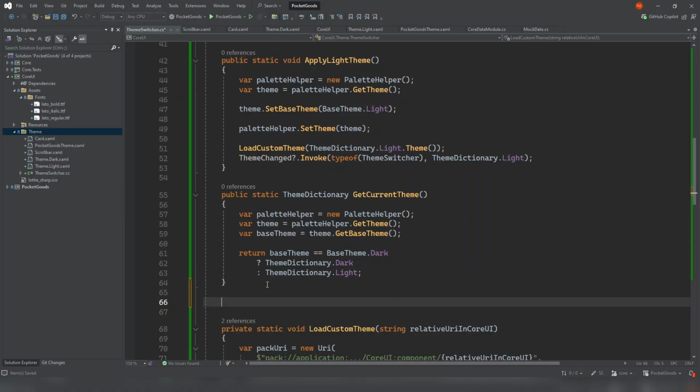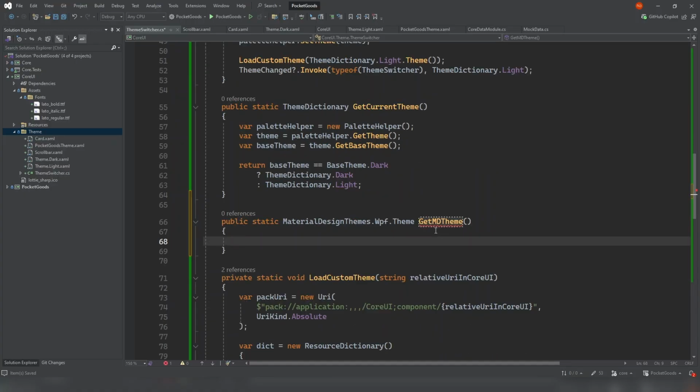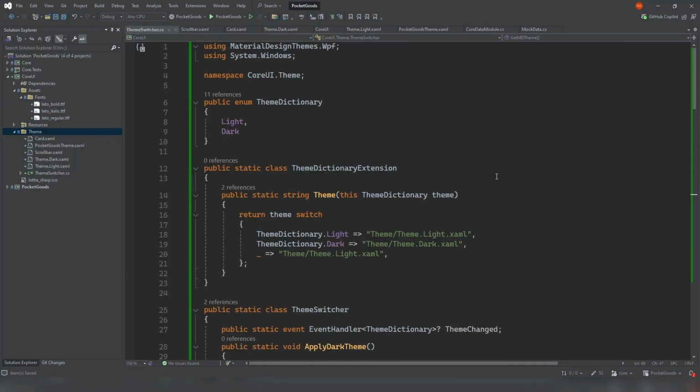I would like to get directly the theme from MaterialDesignThemes.WPF, which is the library that we are using. Let's call it GetMaterialDesignTheme, new PaletteHelper, and GetTheme. As simple as this. I think that we're going to stop the video right here. For the next tutorial, we're going to implement the string resource, and we have to implement the font loader for the Lato font, and we have to implement the design theme that's going to be used under the design section of our